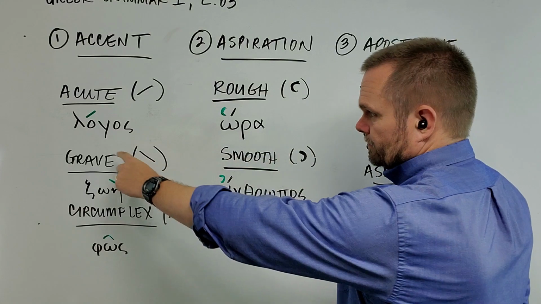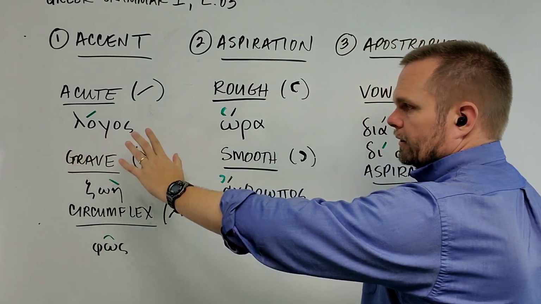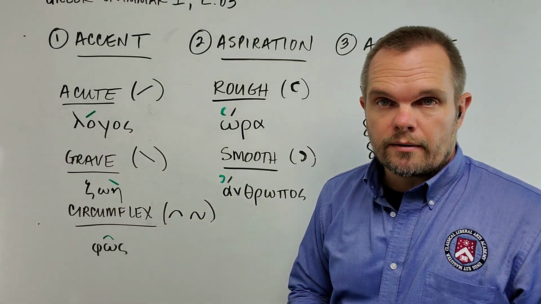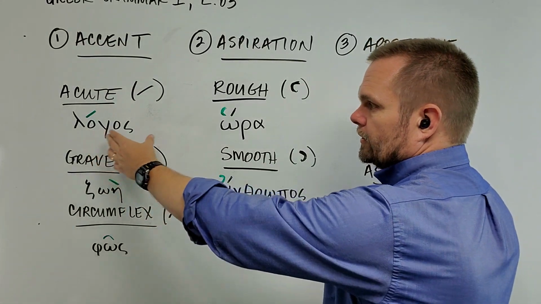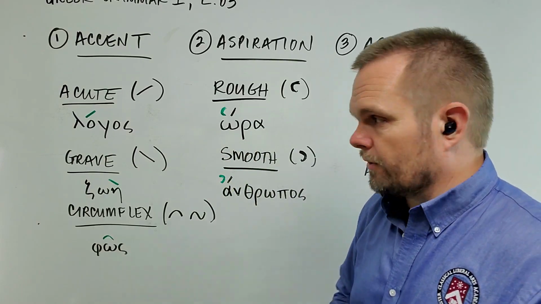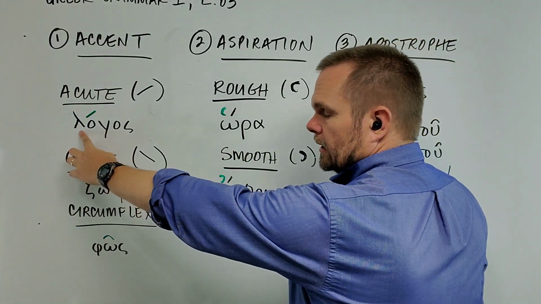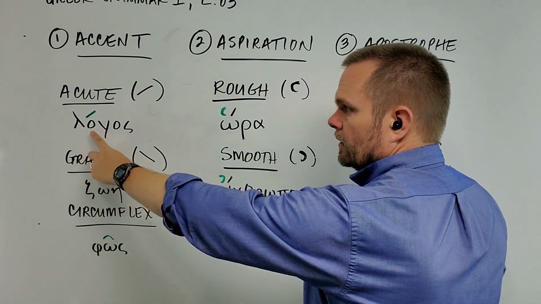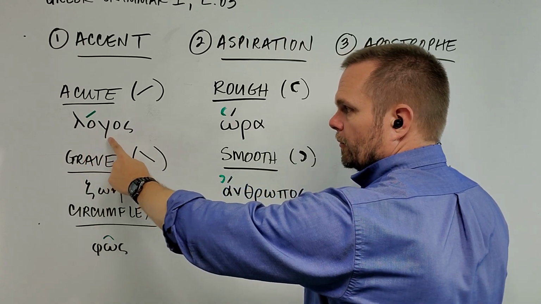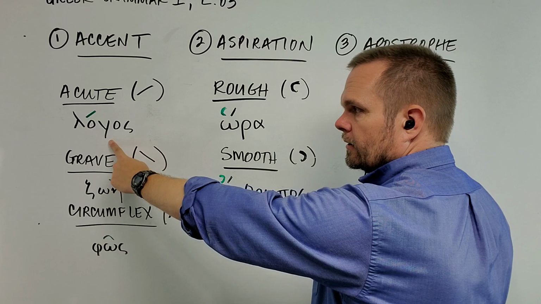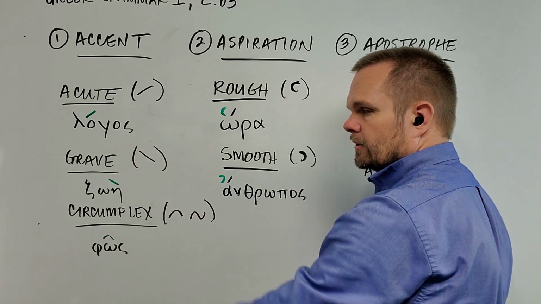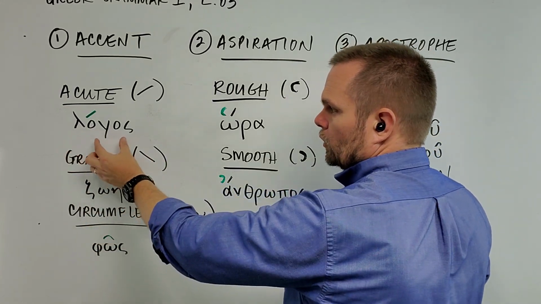Now, if we look at this word and break it down into syllables and focus on each letter, because I know you're just learning to identify the letters and read the words, we'll read this once together without any accent, and then we'll add the accent mark so you can hear the difference. The first letter is lambda, pronounced L. Then we have omicron, pronounced O, Lo. Then we have gamma, pronounced G, and omicron, again pronounced O, and sigma, pronounced S, logos,